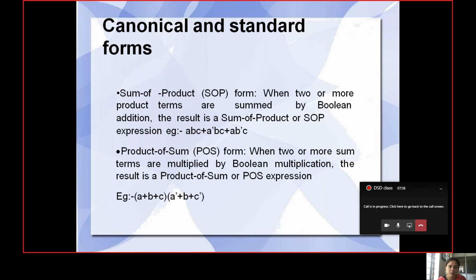What is canonical? Canonical means, if suppose you are having 2 or 3 variables at the input side in the expression. If it is 3 variables, in the output each term should have that variable. If suppose here you can see sum of product, it is a, b, c. If f of a, b, c is equal to a, b, c, all these 3 variables should be present in all the terms. So it is called canonical sum of product.